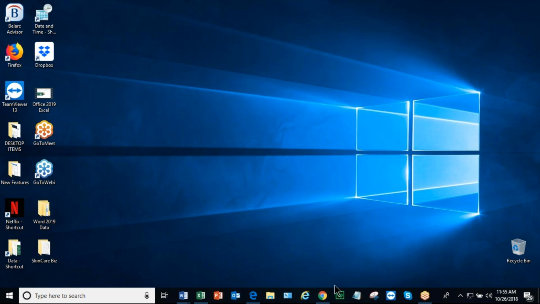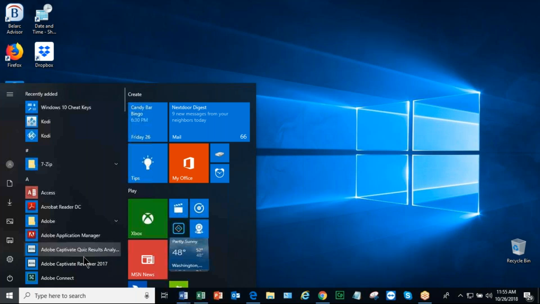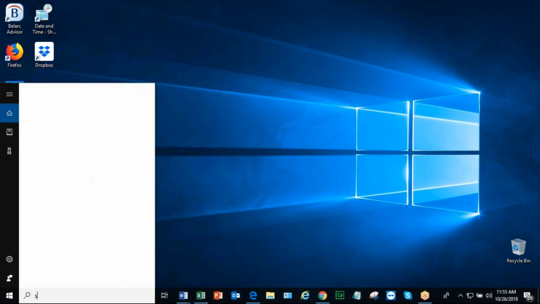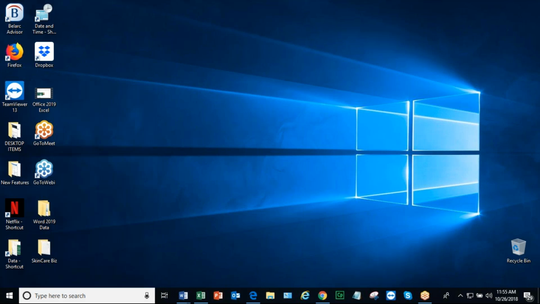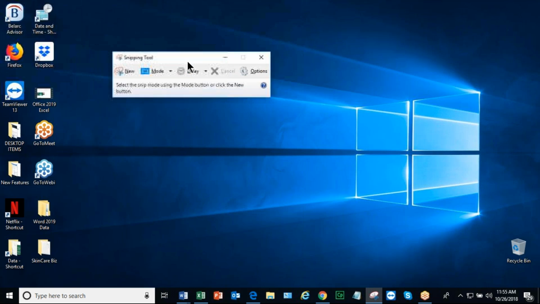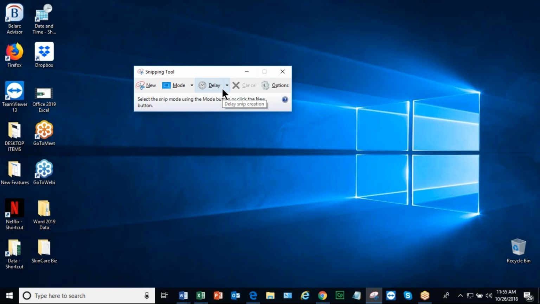Now, you may have heard about the Snipping Tool in other programs. You can go to your startup menu, you can search for it, or you can just type it, and there it is. I have the shortcut on my taskbar, but it's still good to know. They've integrated a couple buttons here. And there's a couple of options. You can see the drop-down menu options there,